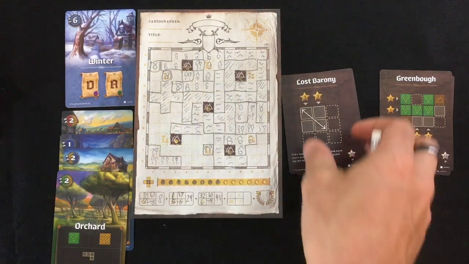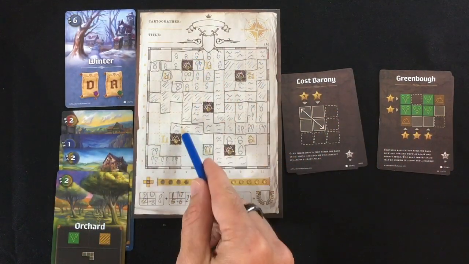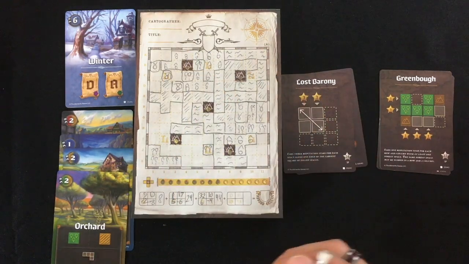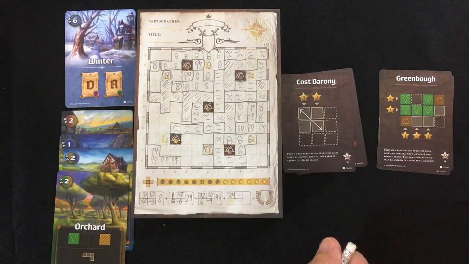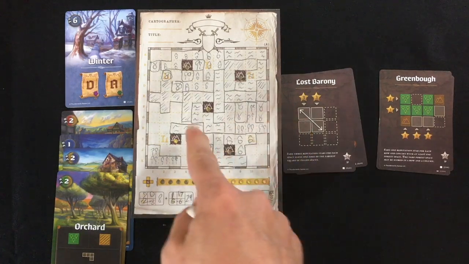We are done. So Lost Barony. We should have 8x8 fully filled. So what is 8 times 3? 24. Love it. Actually, I kind of thought it'd be more than that, but so it goes. And Greenbow should have gotten a little bit better with that last card. So now we've got